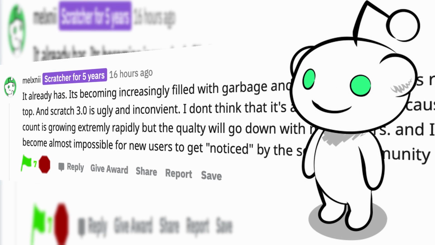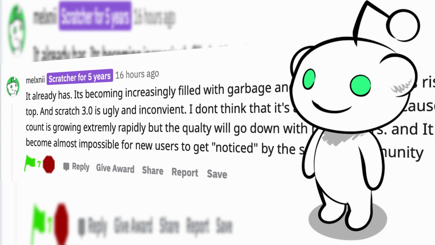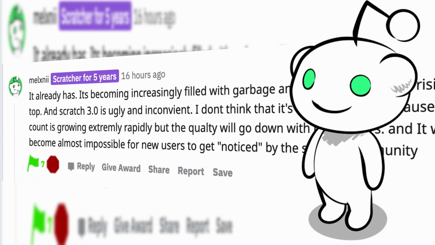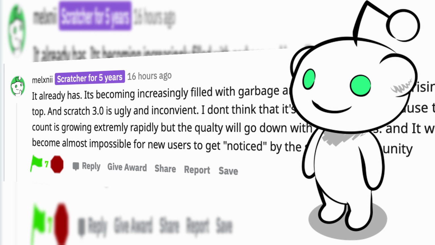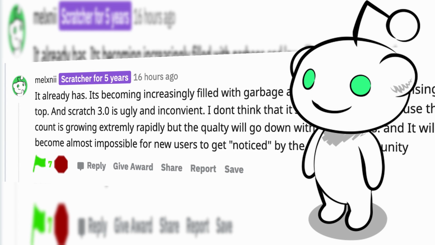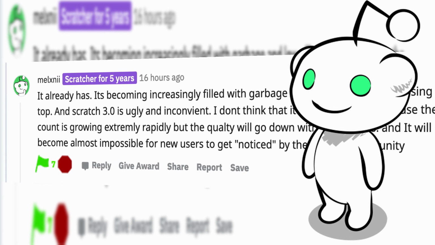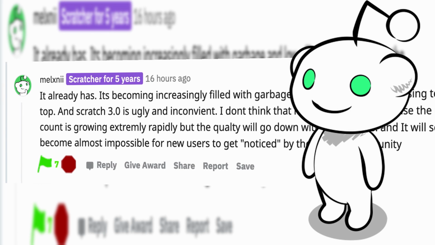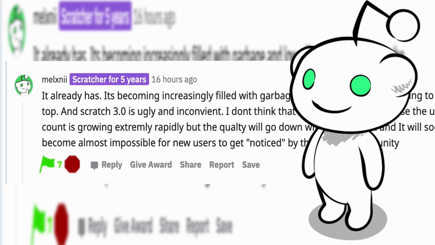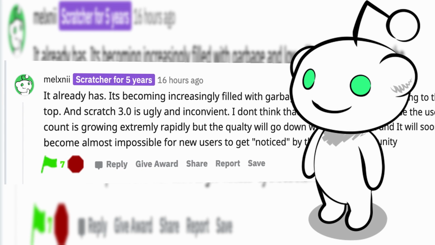Melixney says, "Scratch has already died. It's becoming increasingly filled with garbage and low-effort projects rising to the top. And Scratch 3.0 is ugly and inconvenient." I don't think that it's actually dying because the user count is growing extremely rapidly, but the quality will go